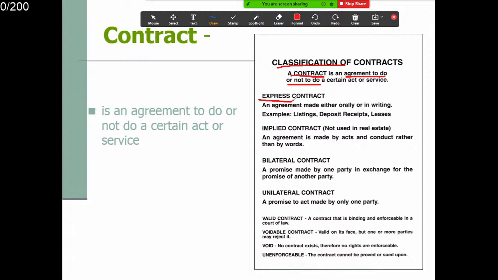Express contract very simply is that you have to express it out either by words, by mouth, verbal, written, etc. Okay, and the agreement made either orally, okay, or in writing. Okay. Example listing deposit receipts, leases, etc. OK，表达出来这个协议的，这是你嘴巴说的还是手写的？OK，譬如说你帮人家卖房子，OK，租约，OK，然后这个清单。